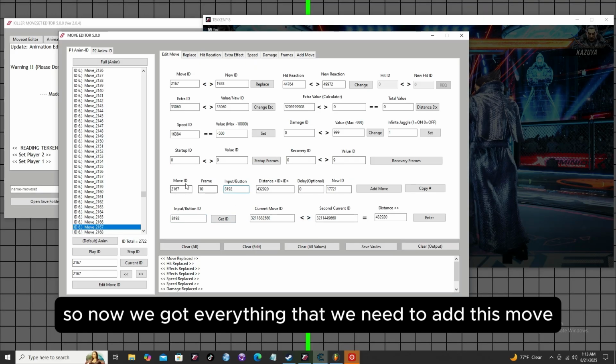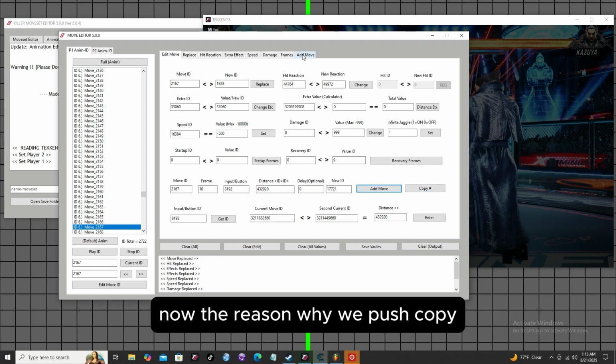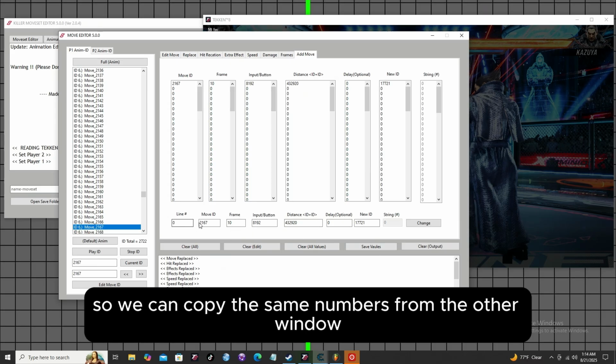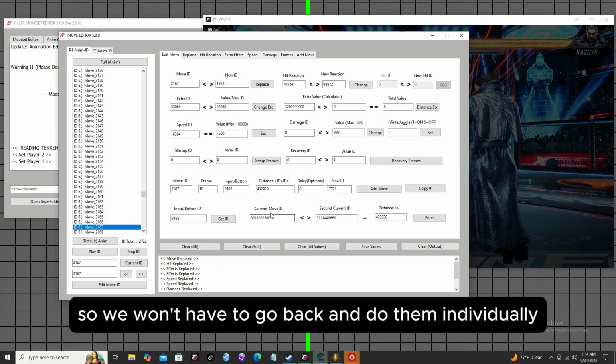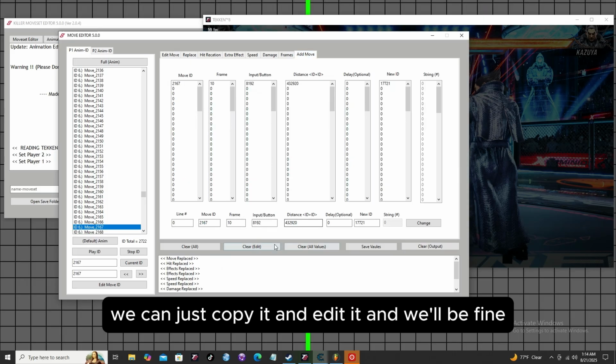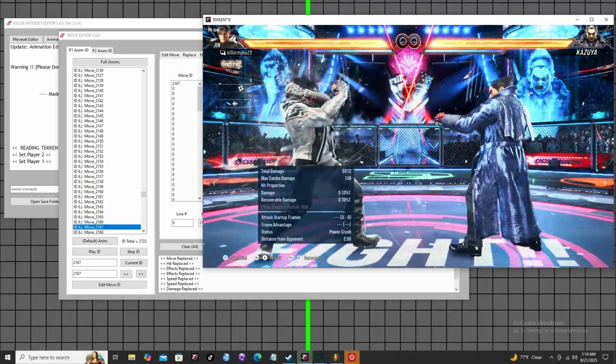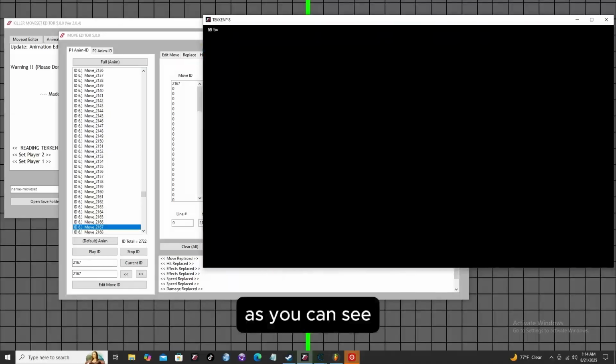So now we got everything that we need to add this move. So we're gonna push copy numbers and add move and push OK. Now the reason why we push copy is so we can copy the same numbers from the other window, so we won't have to go back and do them individually. We can just copy it and edit it and we'll be fine. So now this should work. As you can see,